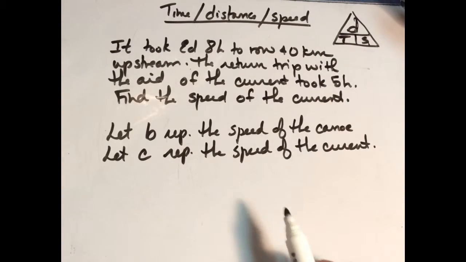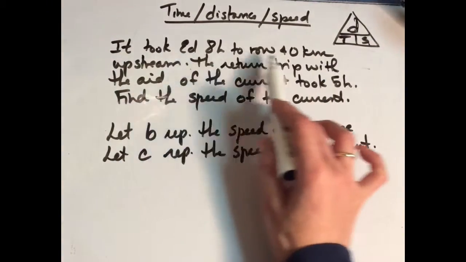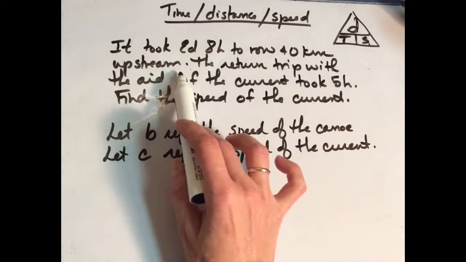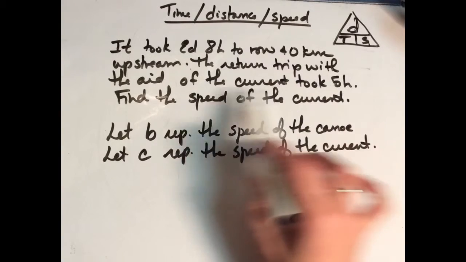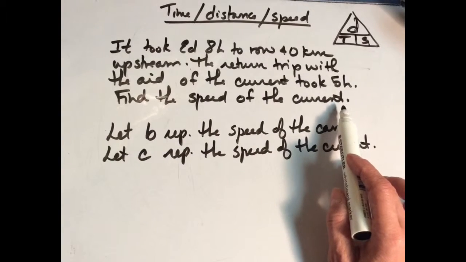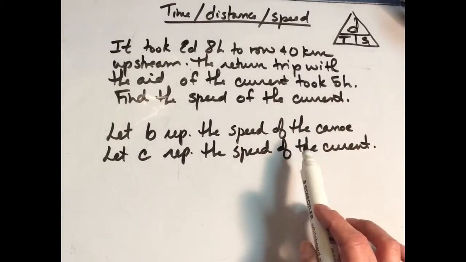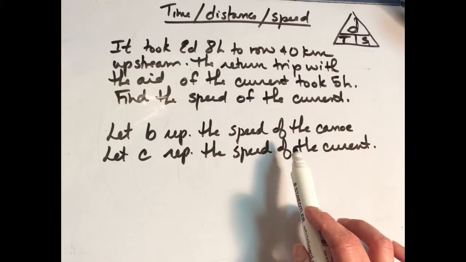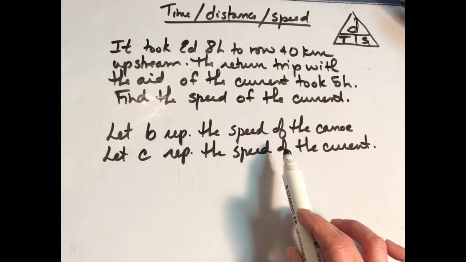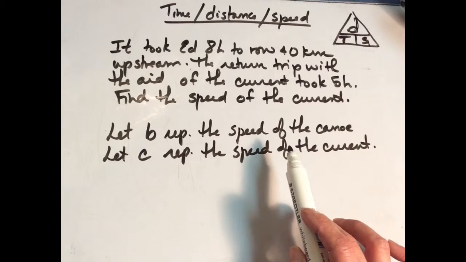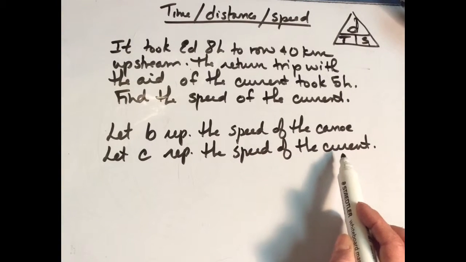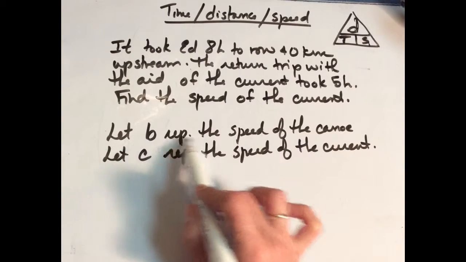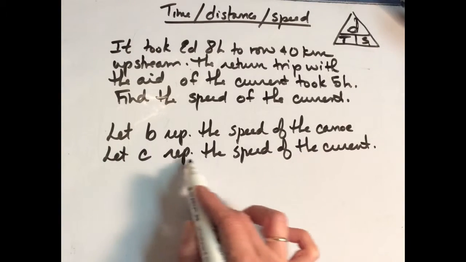In this question, we're talking about how it took Ed 8 hours to row 40 kilometers upstream. The return trip with the aid of the current took 5 hours. Find the speed of the current. In this case, we have the current working with him and the current working against him. So we need to write two equations so that we can figure out the speed of the canoe and the speed of the current. If we let B represent the speed of the canoe and let C represent the speed of the current,